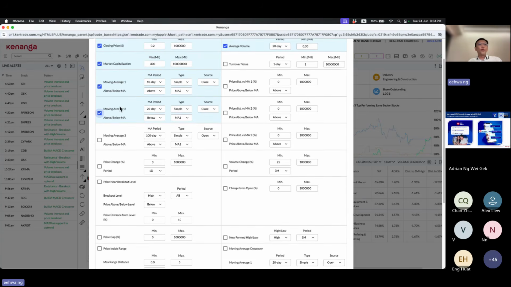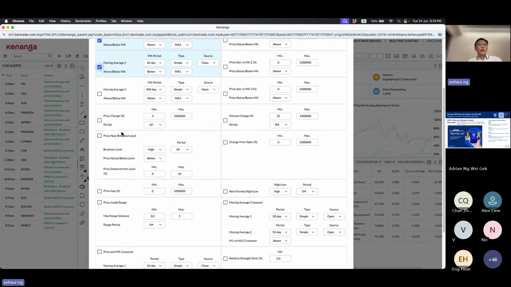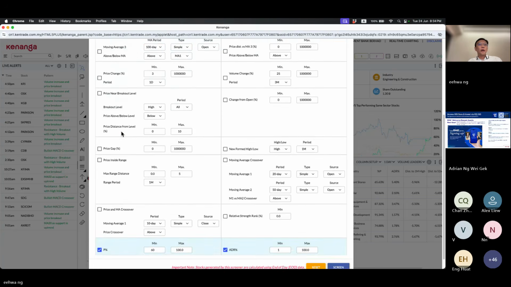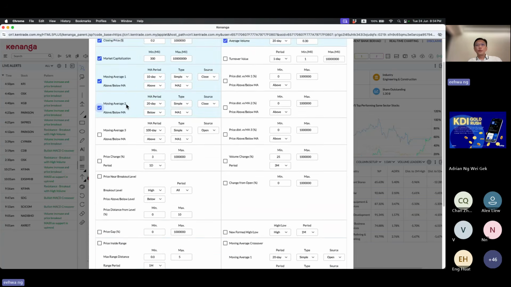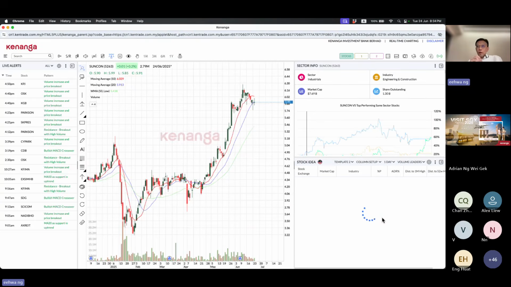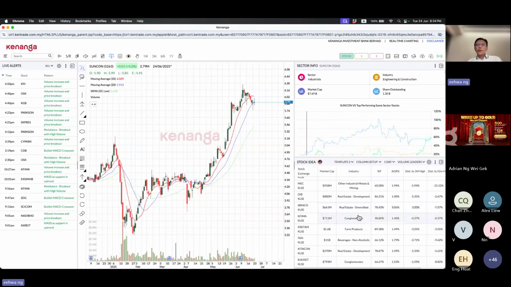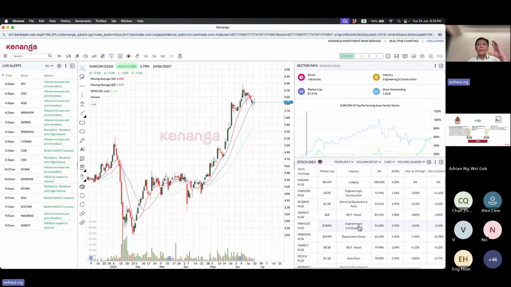Okay, so we come down to one of the, just give me one moment. Okay, we are done. So we set these two first, and then we observe the results. You hit screen. It will throw out the results. So you have the results right here, a list of stocks for you to focus and do your